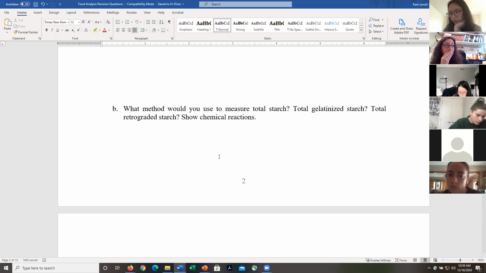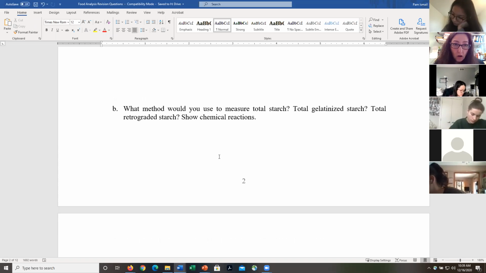So what methods would you use to measure total starch, total gelatinized starch, total retrograded starch? You won't get all of these questions in one question, okay? Here is for you just to try to know what to study for. You won't get all of these questions. I will make sure you have a reasonable amount of questions, but this is for you to know,